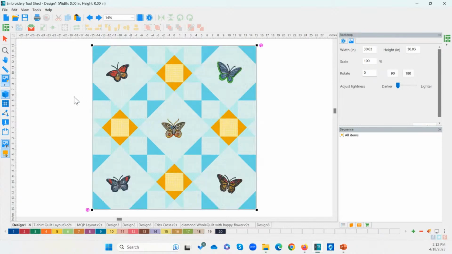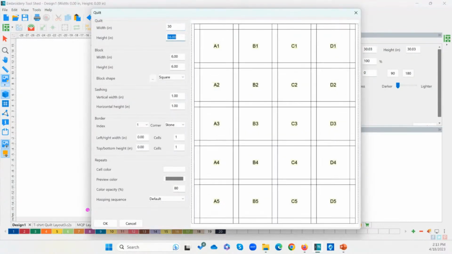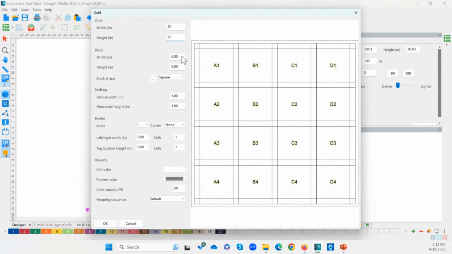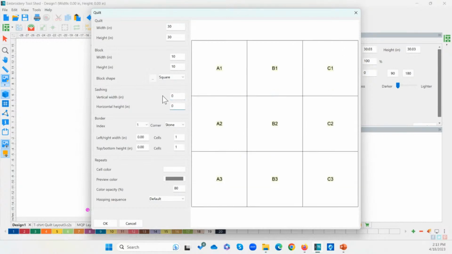So I'm going to do an undo, and I already set that for the 30 inches the first time we did it. So when I did the undo, it'll put it back to that. Okay, so now let's design on top of this to place our embroidery here. I'm going to go into my quilt settings, and now my quilt that's on the screen we know is 30 by 30, and it has 10-inch blocks. Now I have a hoop that a 10-inch design will fit in, and you may not, but I will give you some tips on that as we're going.